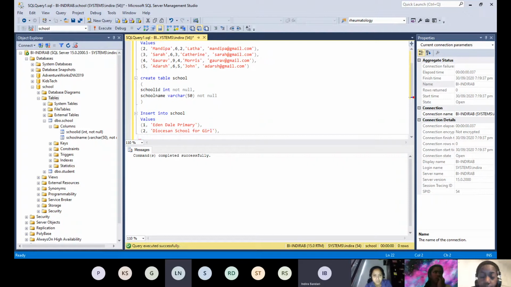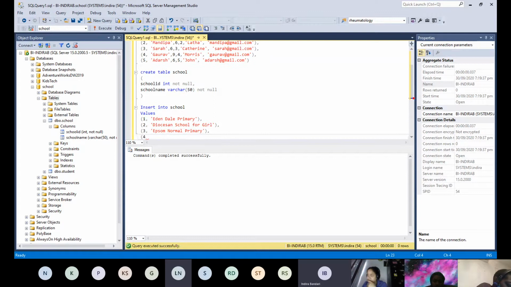So I'm giving another comma and then opening another bracket, number 3, and within quotes we need to give Sarah's school. Okay, Epsom Normal Primary. And then close the brackets and then again a comma and then number 4.